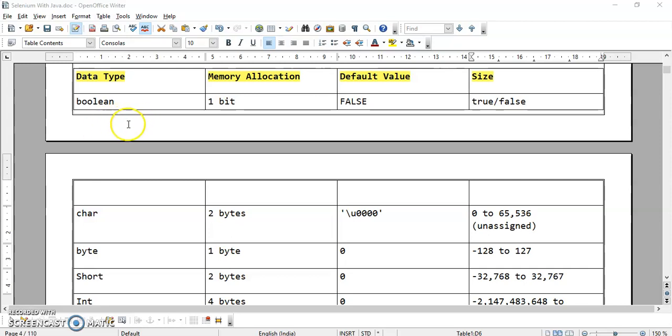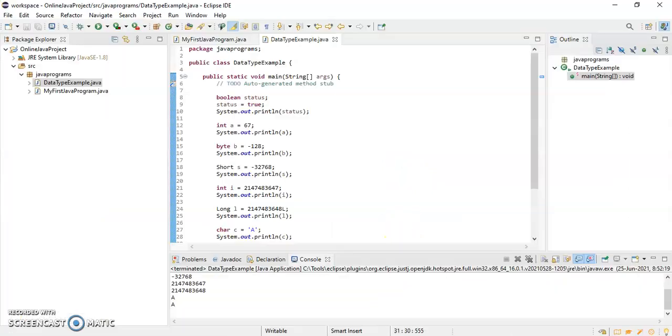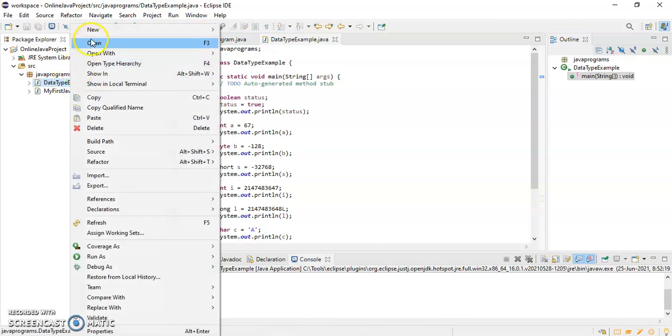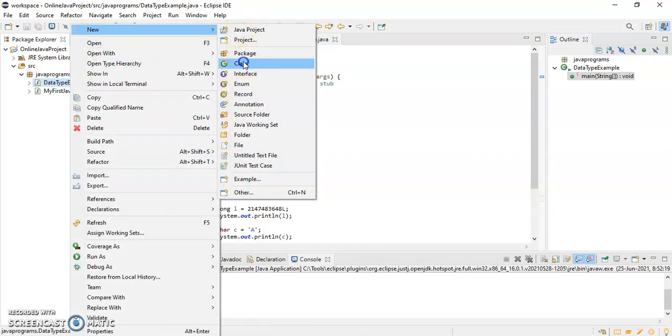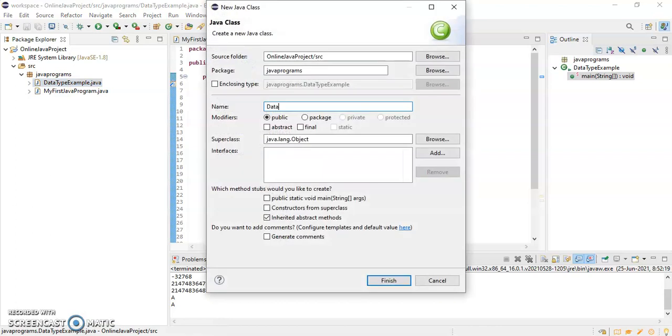So if you see, the data type is boolean and its default value is false. Okay, so let's see by an example. So what I will do, I'll create one more class here. Data type 1.